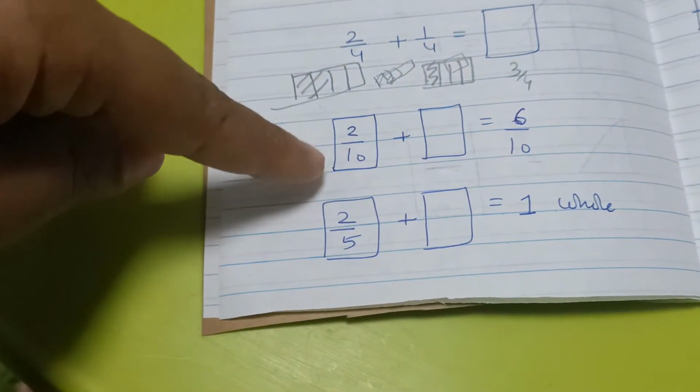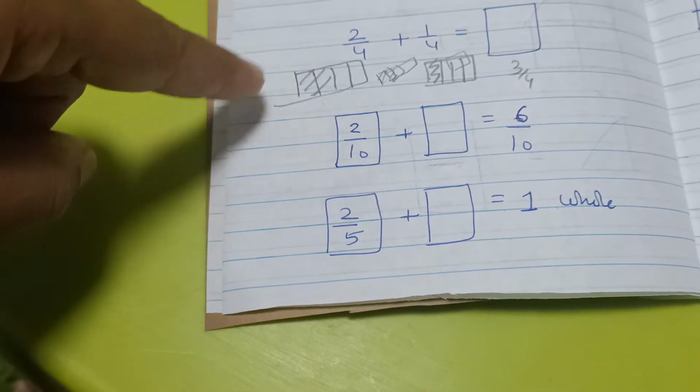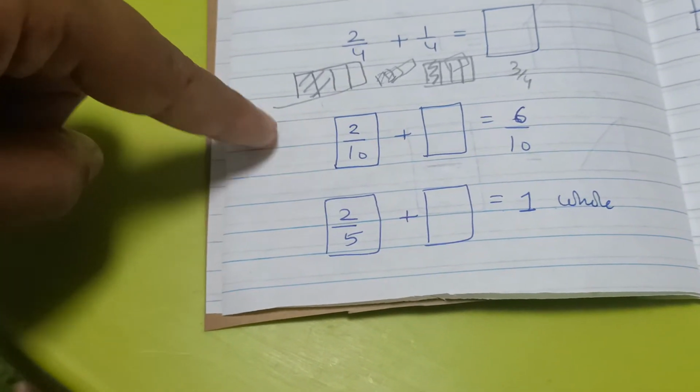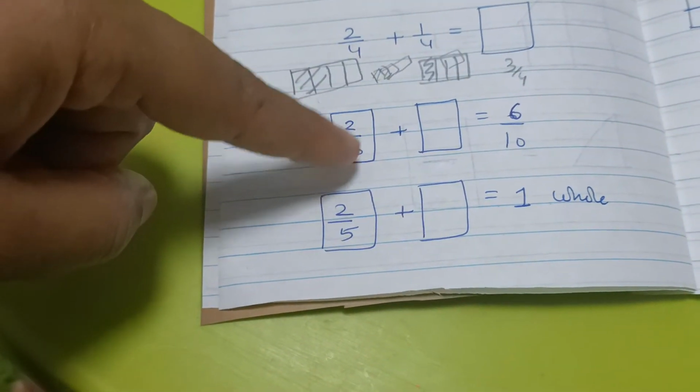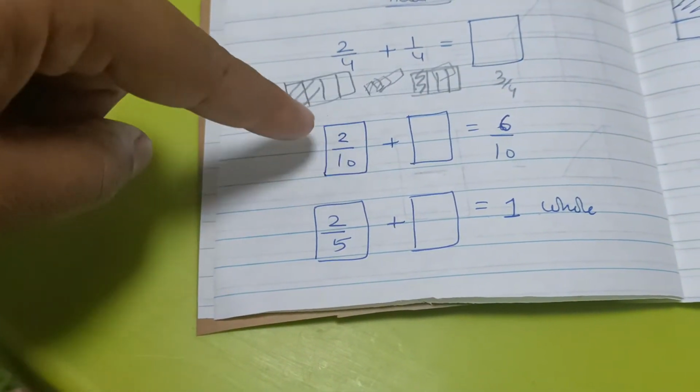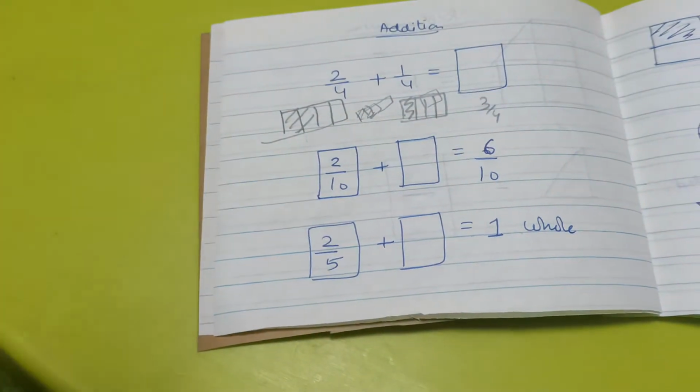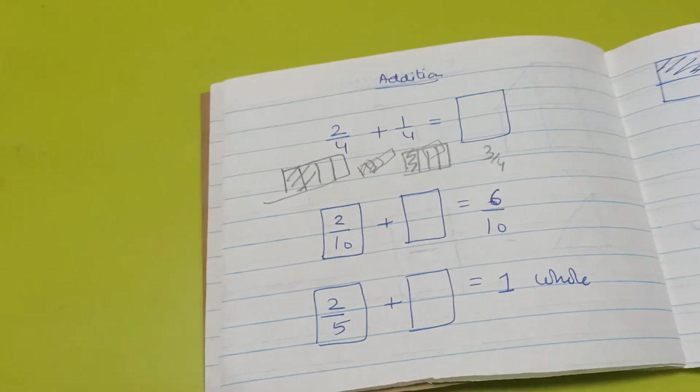Again here 2 by 10 is there, so you take a circle, divide into 10 parts, so 2 of 10 parts is this one, and you have to count only 6 of 10 parts, so how many more parts are counted? It's 4 by 10. It's just basic representation idea, but it's advanced level.